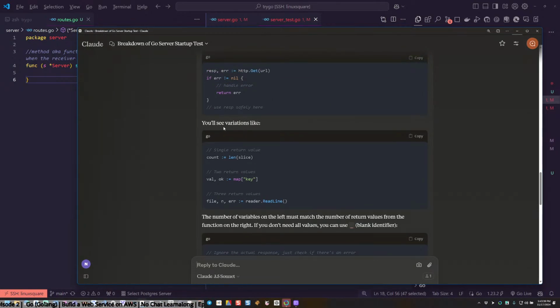You'll see variations like single return value, const is equal to len slice, two return values, value, okay. Count, not const, count, len slice.